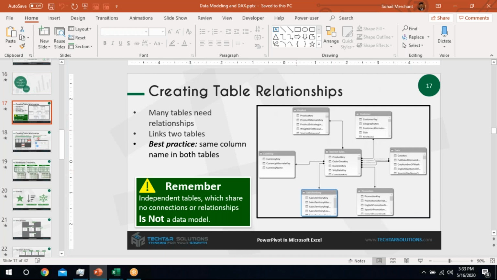Here are some facts about creating a table relationship. Many tables need relationships, agreed. We have seen that to create a relationship, we have to work with the primary key, foreign key, data table, and lookup table. Links to tables, yes, we can link tables. Linking more than two tables will make a complex data model, and it will be complicated to handle in future as the data grows.